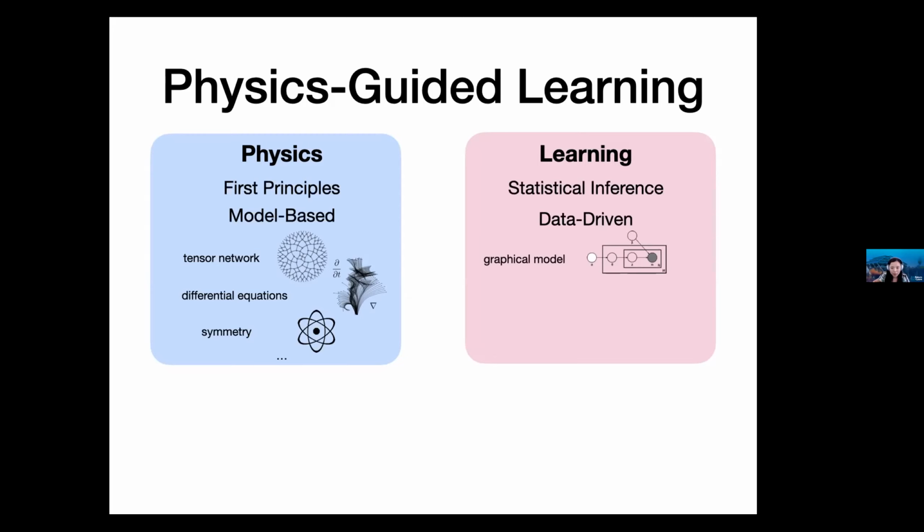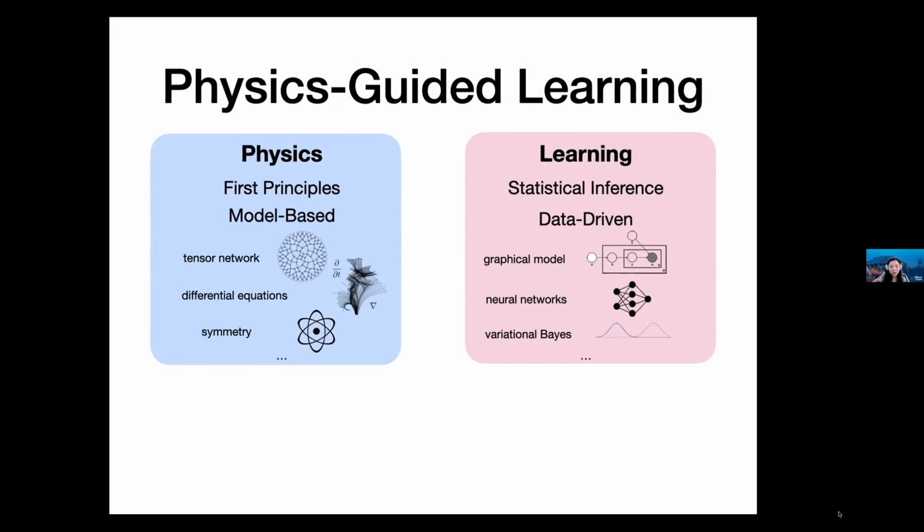So in machine learning, we have graphical models, neural networks, or deep learning, and variational Bayes to learn from huge amounts of data. And machine learning methods are quite efficient in terms of computation, and they are quite flexible. So the models are very close to real world data without strong assumptions. But because machine learning is learning from data, it requires a lot of data. So it has high sample complexity, which sometimes is not a good fit for certain domain applications. Machine learning models are also notorious for being black box models, and they're very difficult to interpret.